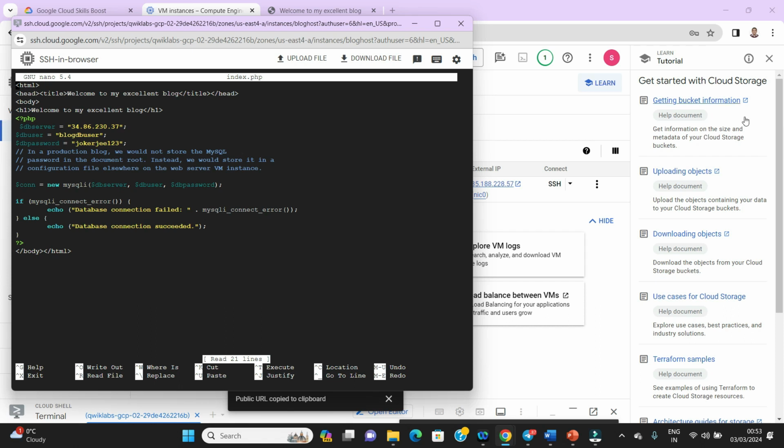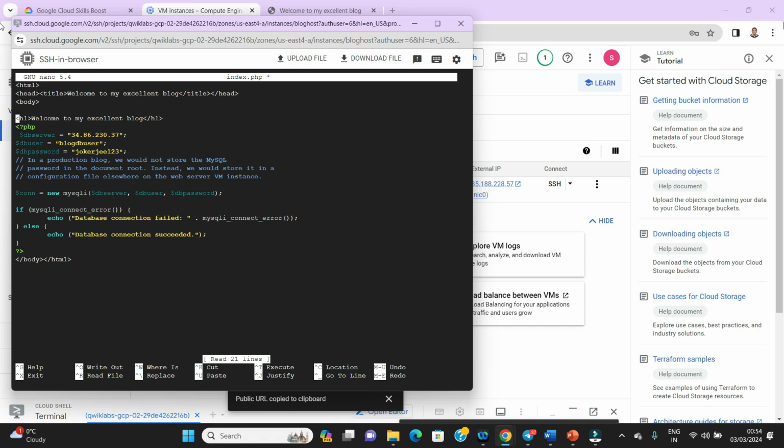In the index page we can add some more information here. If I add a new tag, img, then the image which I have kept in the bucket, I am going to bring onto this web page.